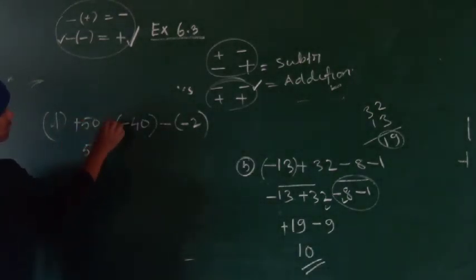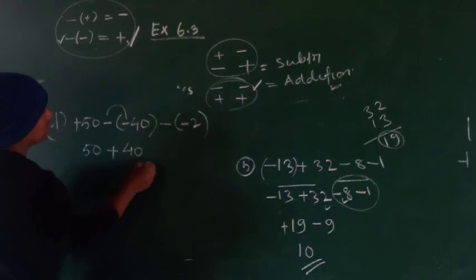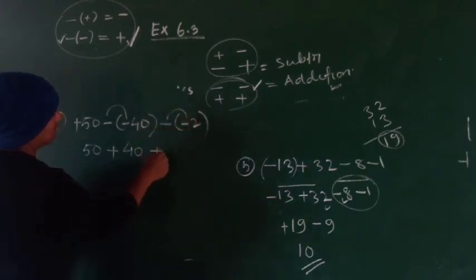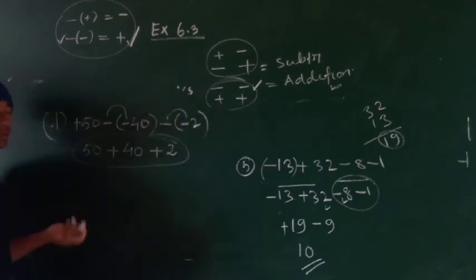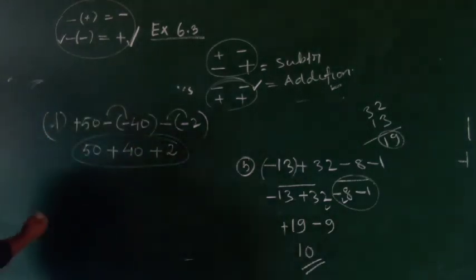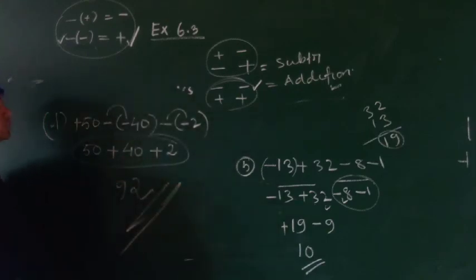When you open the bracket, this becomes negative negative, that is positive, very simple. This 40, and when you open the bracket, negative negative becomes positive 2. Now all are positive, so we can simply add them. So 50 plus 40 is 90, 90 plus 2 is 92. Okay,